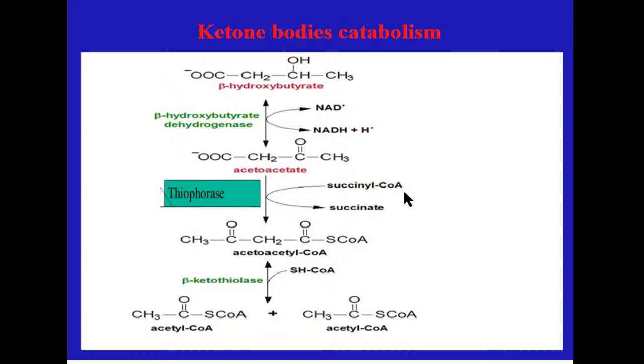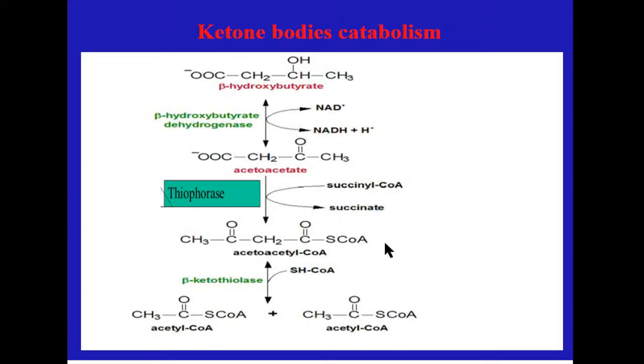Unfortunately, you know that if this reaction is done by succinyl coenzyme A synthase in the citric acid cycle, we will obtain 1 GTP here. But if this step is catalyzed by thiophorase, we are losing this 1 GTP, 1 ATP. It's equivalent. But this step is necessary for the activation of our acetoacetate. Thiophorase is an enzyme specific only for peripheral tissue. It is absent in liver. We will mark it a little bit further.